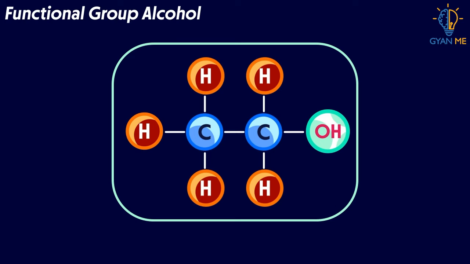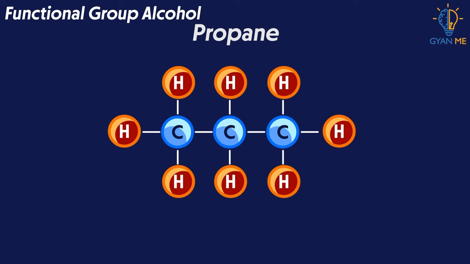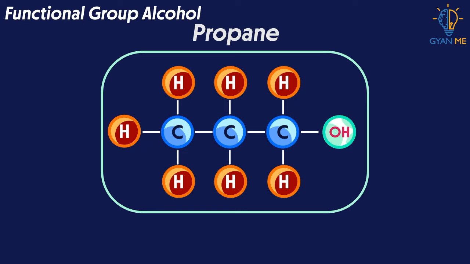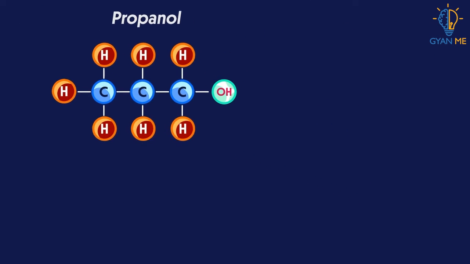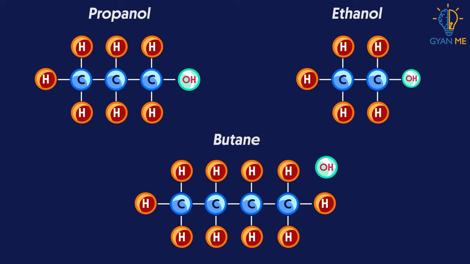What about its name? If the alcohol functional group is present, the name of the compound will have the suffix -ol. For example, if this is a hydrocarbon compound, say propane, if one of its hydrogens is displaced or replaced by hydroxyl group OH, we get a hydrocarbon compound with an alcohol functional group. If OH group attaches to propane, it becomes propanol. Thus, if OH group attaches to ethane, it becomes ethanol. If it attaches to butane, it becomes butanol, and so on.